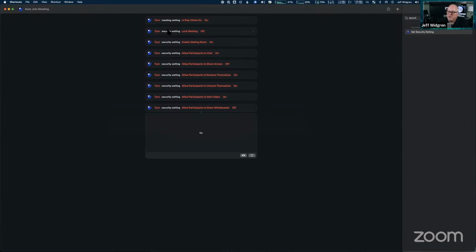Well, if I want the one-touch set security settings to be at any given time its own button, then I want the join meeting script or shortcut to call this shortcut. So the results of this shortcut, I don't have to go duplicate it in the join meeting shortcut. I can just call this shortcut and make it part of join meeting.